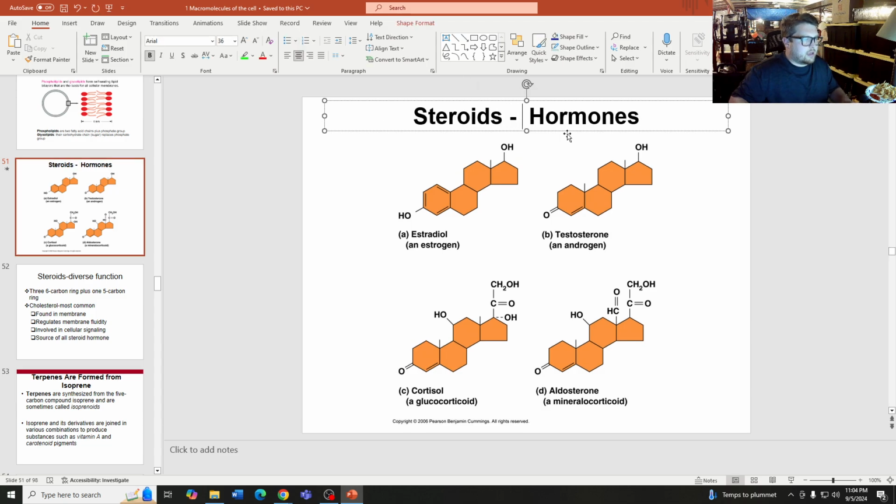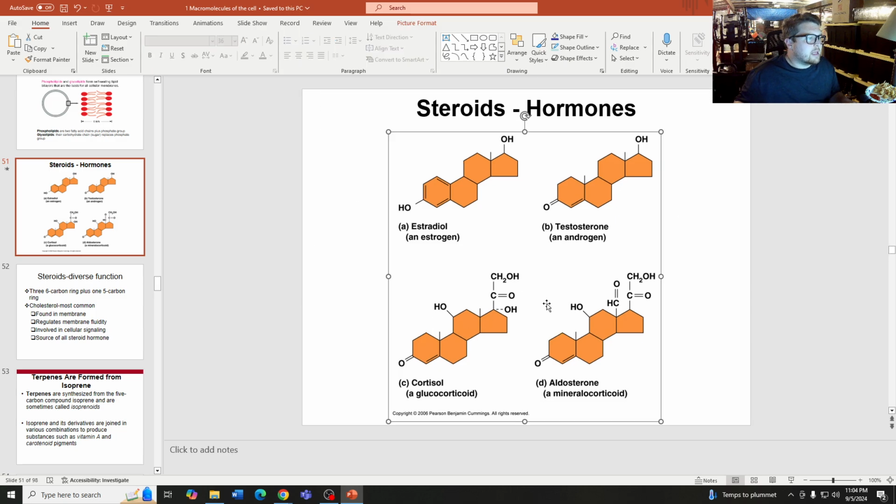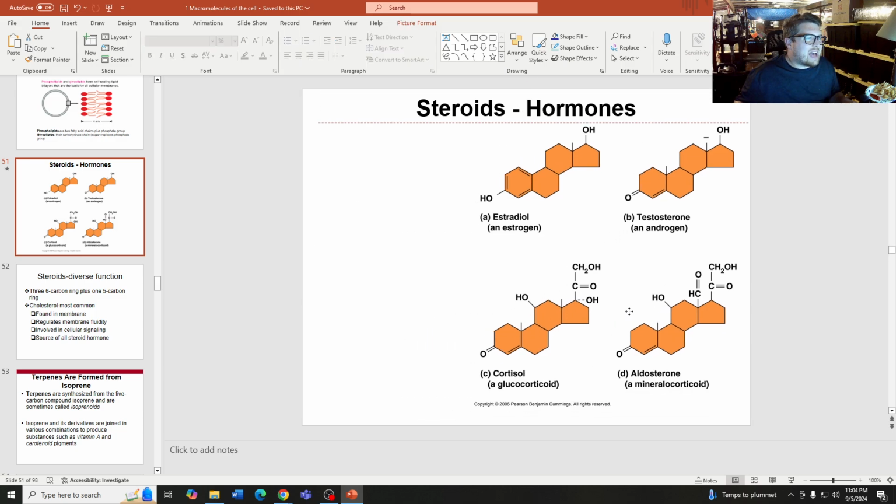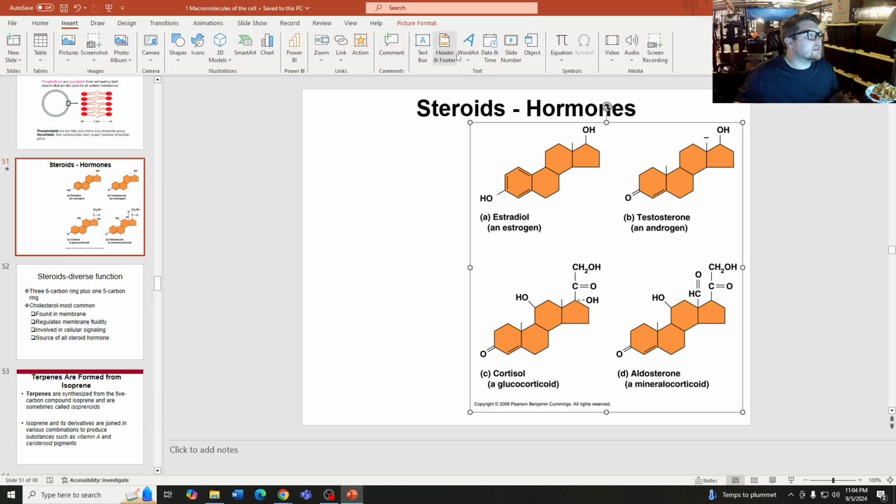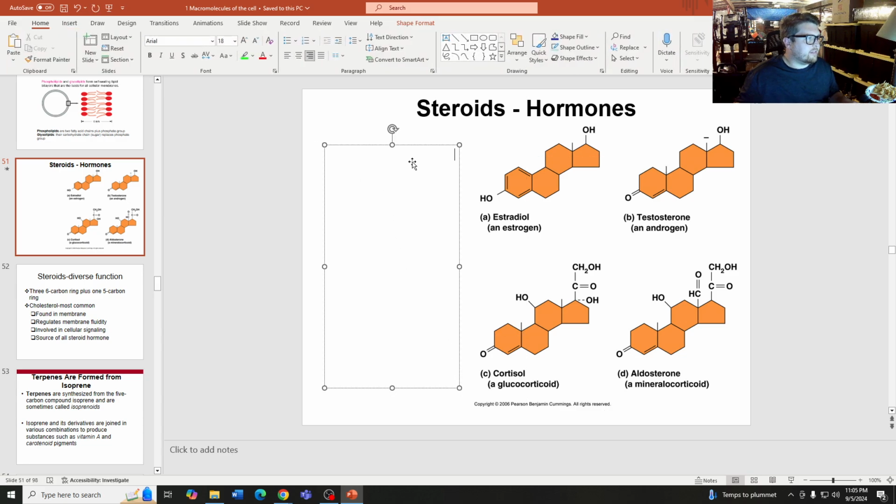Steroids, aka hormones. A couple of examples: cortisol, aldosterone, testosterone, estrogen, all of these. There's a lot of words in here. I'm going to add some details. This is not stuff that you necessarily need to know right now, but it's good information to start hearing these terms, okay? So whenever we hear the word androgen,